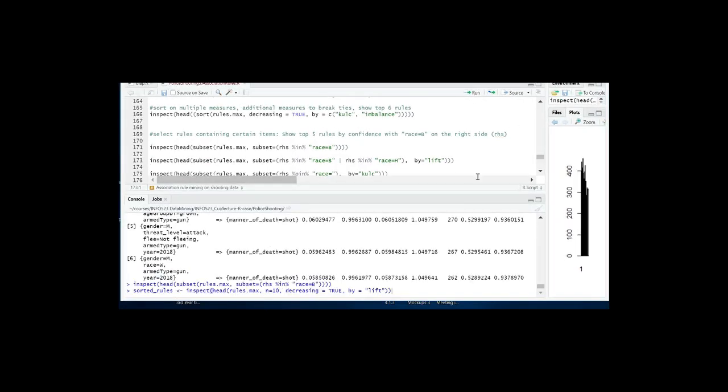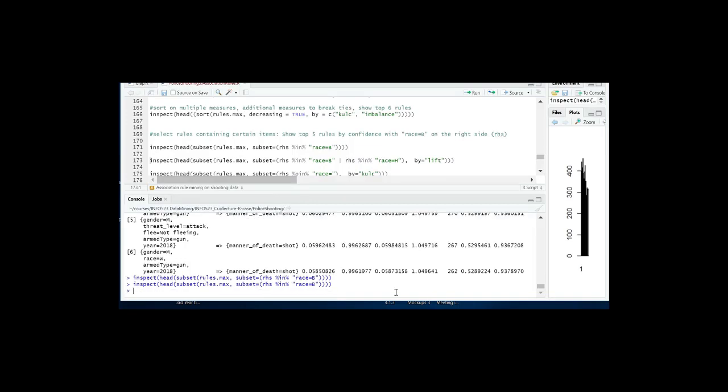Use the size of the screen. So we can see this inspect statement did not give us anything, which means that we didn't have any rules generated from the maximum frequent item set that has race B in the right hand.